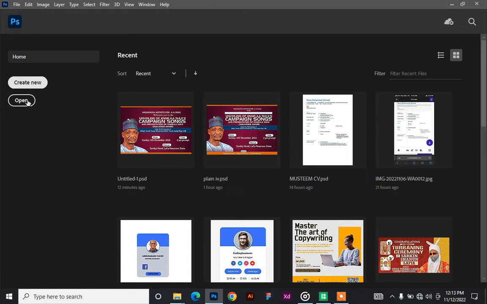So Photoshop is a software that is used by a variety of different people. So photographers use Photoshop, artists use Photoshop, designers use Photoshop. So it's an accommodating software. So if you want to edit a picture, let's say, you are going to click on open. But then for you as a graphic designer, you want to be creating designs, right? So you click on create new,